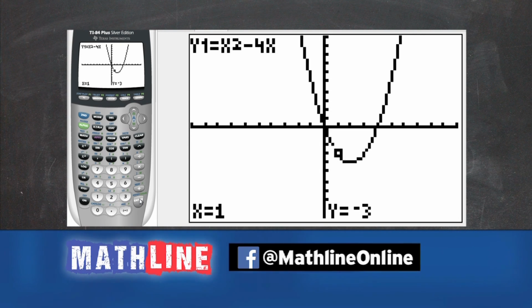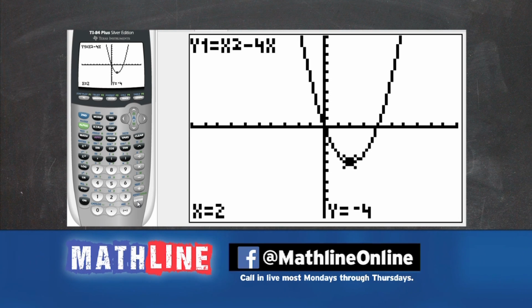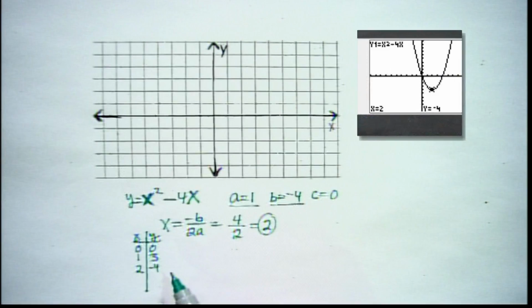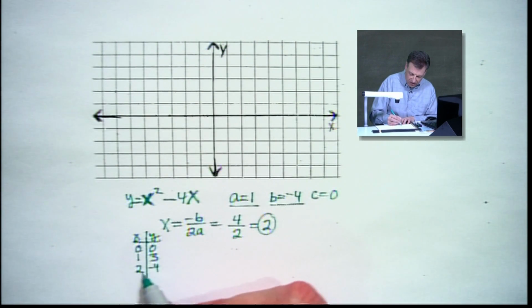We never got to what the actual vertex was, did we? Well, let's go ahead and put 1 and -3. But it looks like 2 is going to be our vertex. Let's check and see if this goes to bottom out here. Put 2 in. There it is. So it's 2, -4. And we already saw that 0 is going to give us 0. So let's bring it back to our actual graph here and see what we can do. We have 0, 0, we have 1, -3, and we have